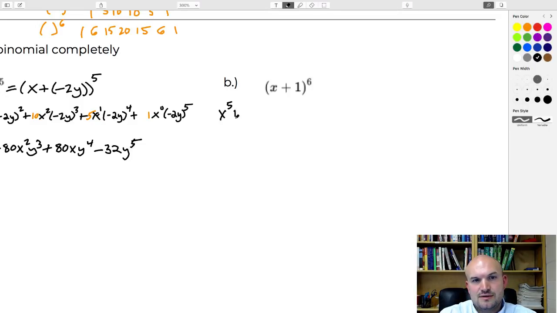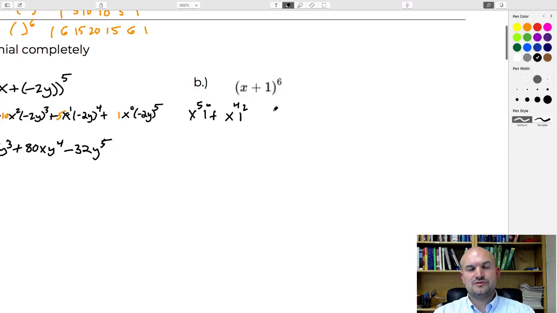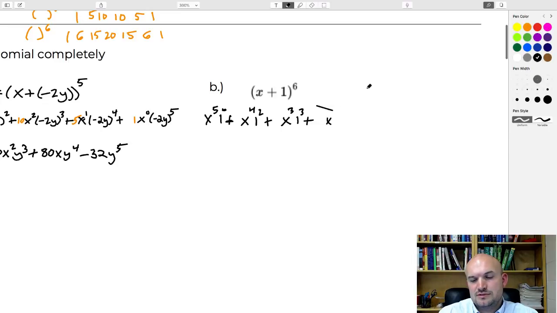So we have x to the 6th, 1 to the 0, plus x to the 4th, 1 to the 1 squared. Now, I'm not using parentheses, so hopefully you can see we don't get too stuck here. Plus x to the 3rd, 1 to the 3rd. Let's leave a little space for the coefficients. So x cubed, 1 cubed, plus x to the 4th. No, that's x squared. You've got to go in descending order, 5, 4, 3. So this is x squared, sorry about that, and that's going to be 1 to the 4th,